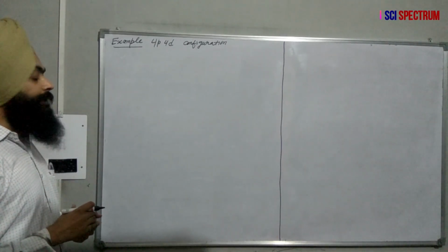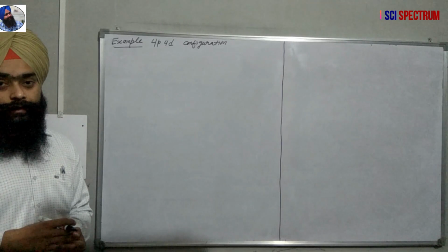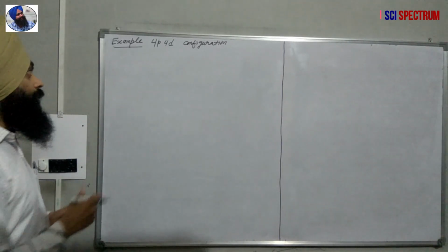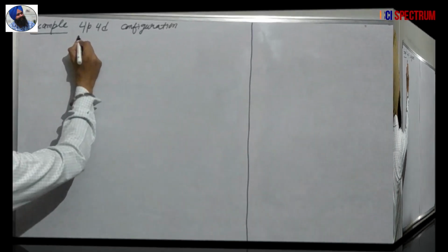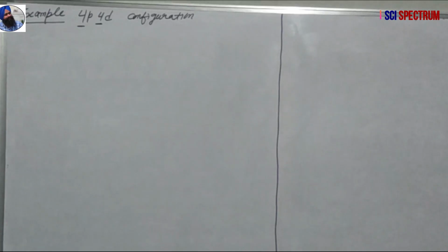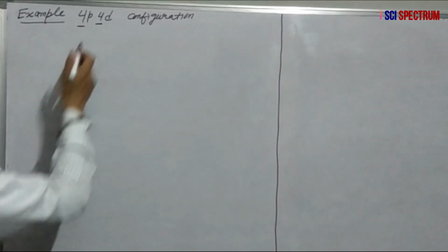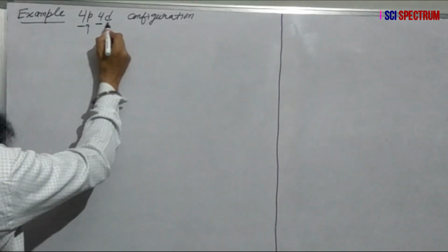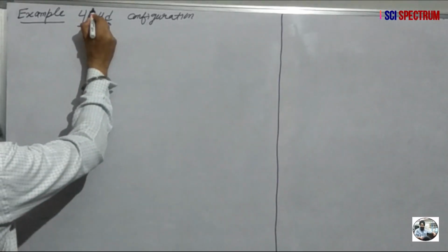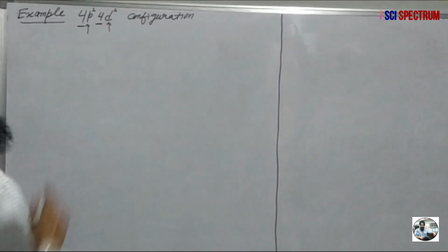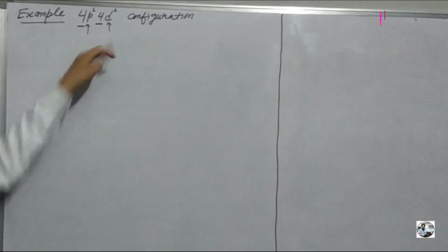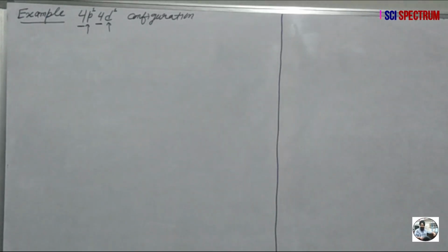If we have the same n and l value, then it is equivalent electrons, otherwise it is non-equivalent electrons. First of all, let us see the n value. For both of the electrons, the value of n is the same. But the l value is different for both of the electrons. You can write this as 4p1, 4d1. One electron in the 4p state, one electron in the 4d state.